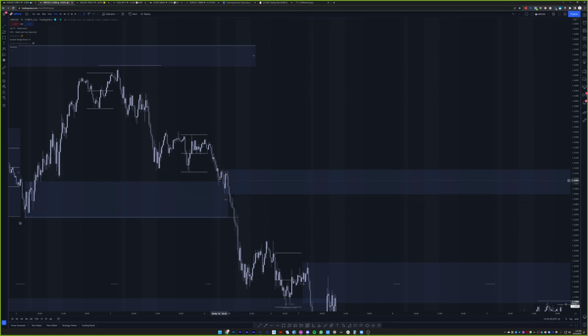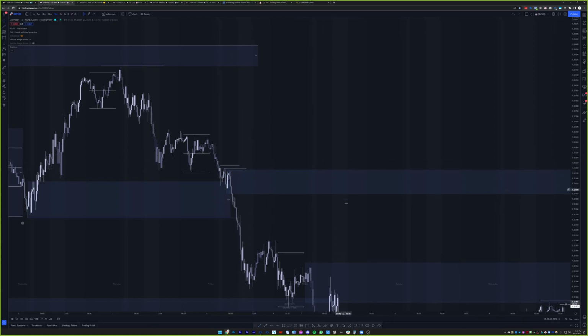If you guys want to call this a sweep, it has a small reaction. I don't know if I would really even class that. I wouldn't call it. It's more like we have liquidity like this, right? Yeah. So just gotta be careful of that. Try and make it clean.